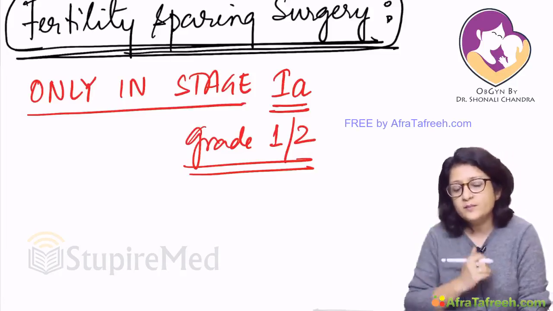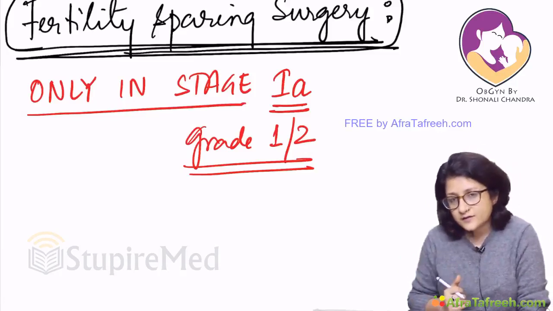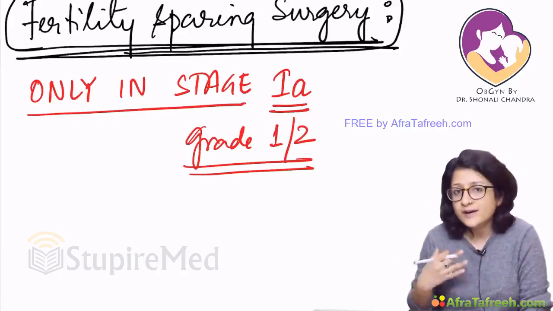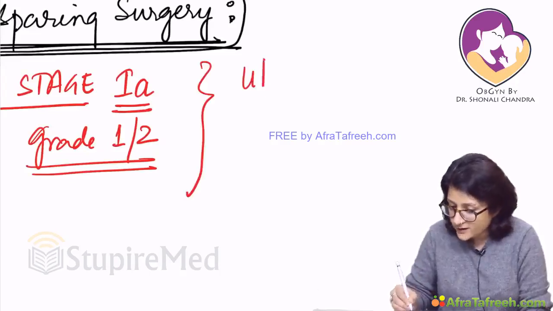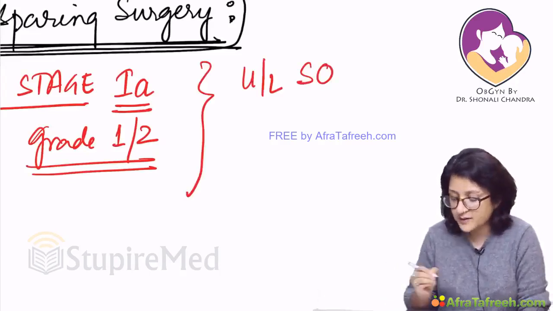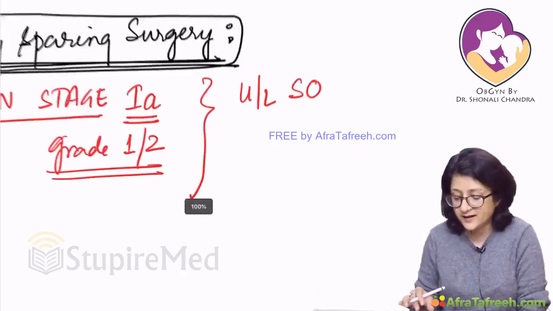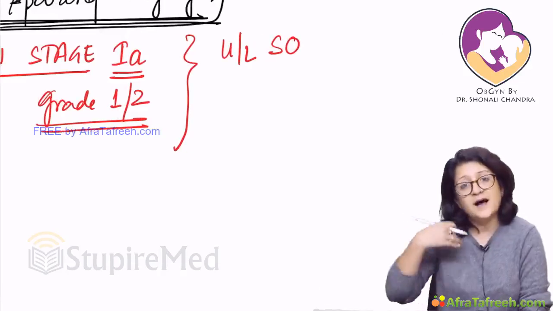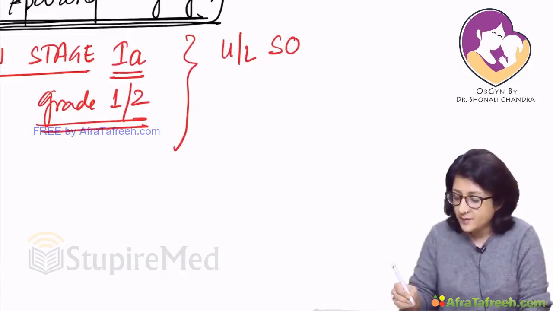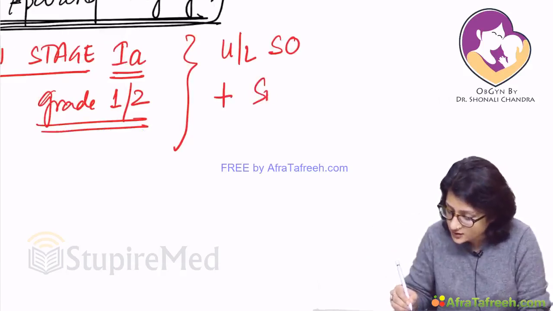Alright, an important point is that when we spare the fertility for such women, it's not like we don't do anything for them. What we do for these women is a unilateral salpingo-oophorectomy. The affected ovary and tube are removed. The uterus and the other side ovary can be preserved, but a thorough surgical staging